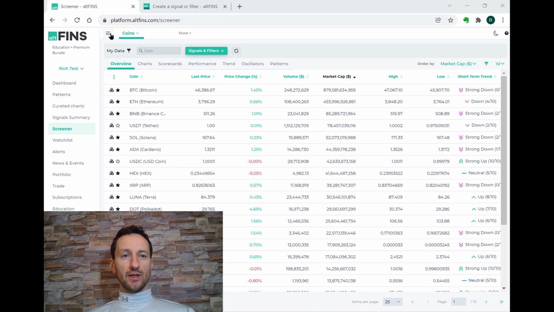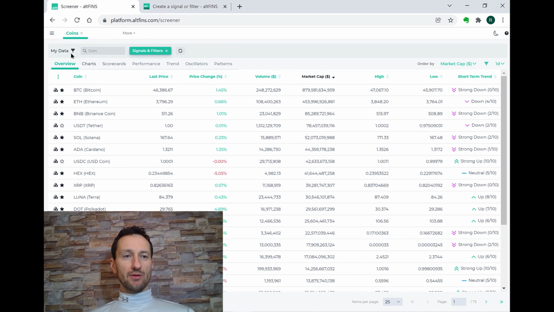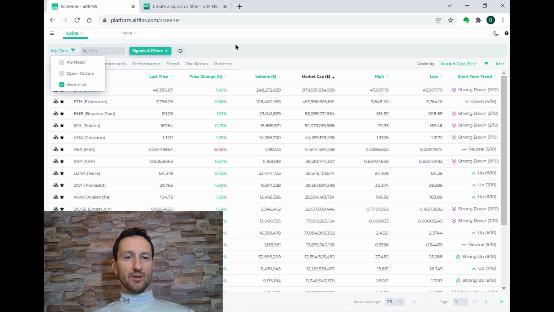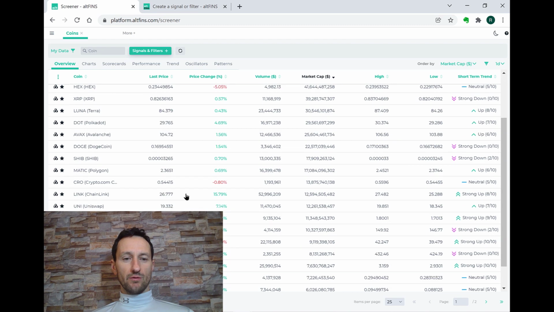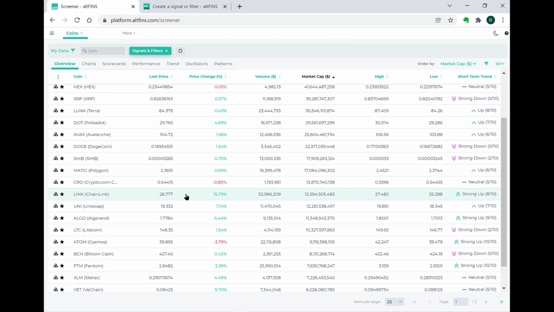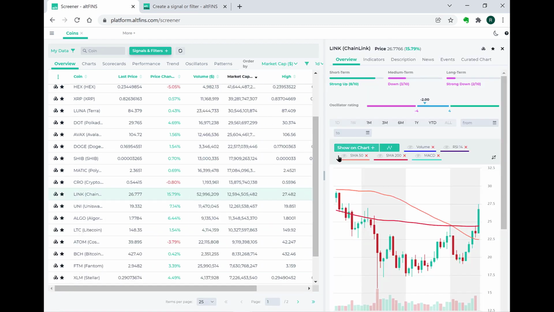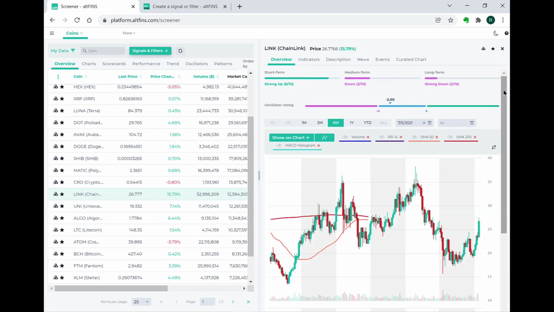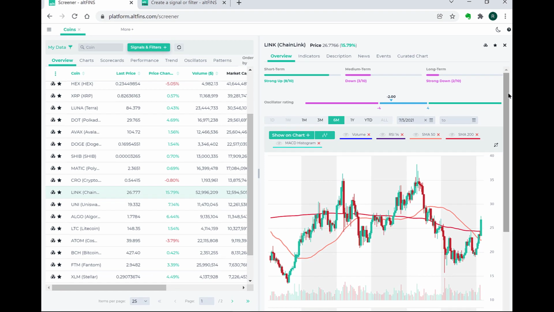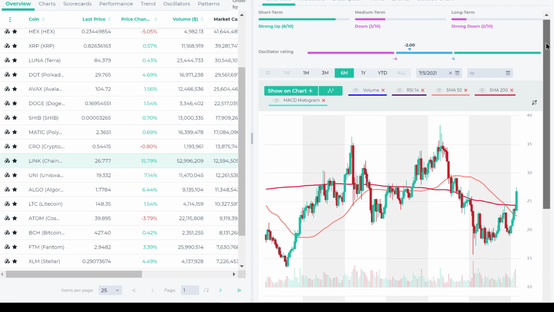In terms of the potential breakouts or existing breakouts, I'm going to filter my screener by watchlist, which includes my curated charts. And here we can see there's a big mover, Chainlink, symbol LINK. It's up 15%. The trend is up on the short-term basis, but down on the medium and long-term basis. So it's an early uptrend potential